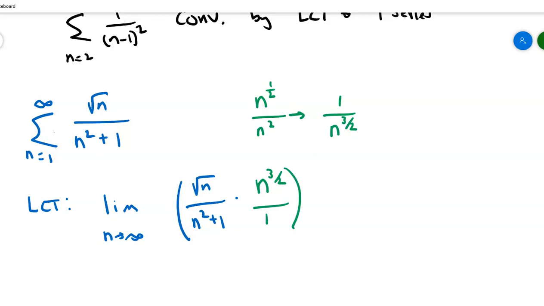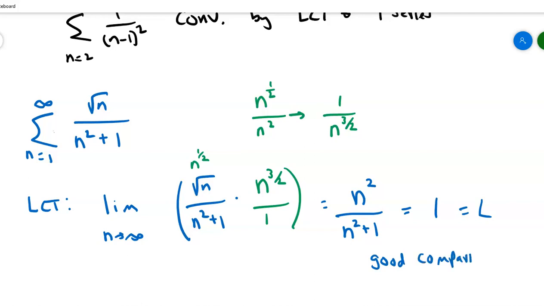Okay, what does that give me? Well, this guy over here, that square root of n, is really n to the 1/2, so I got a case of same base, add exponents. So 1/2 plus 3/2 is 4/2. 4/2 is 2. So I get an n squared on the top and n squared plus 1 on the bottom. Apply the limit as n goes to infinity, and I get 1. So what that means is that green function is a good comparison. That also means I'm about 92 1/3% of the way done with my problem,